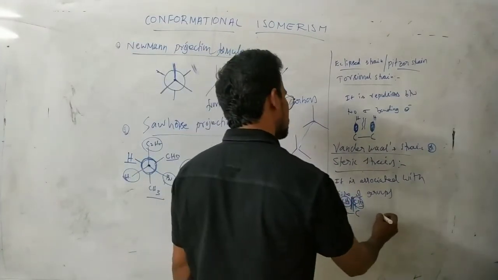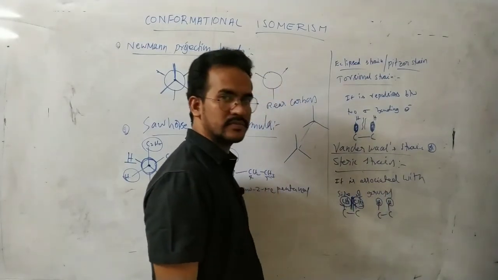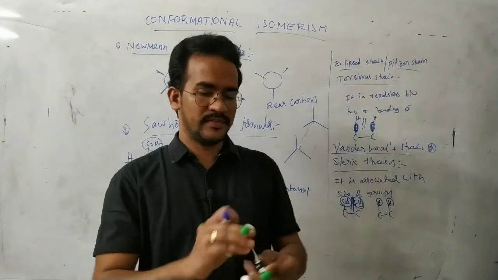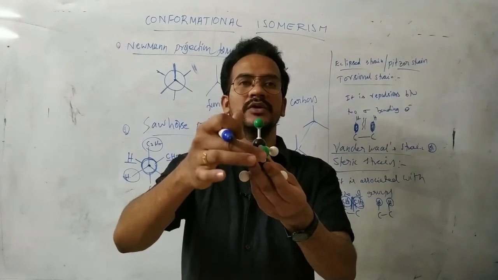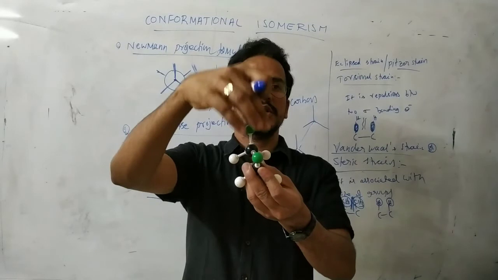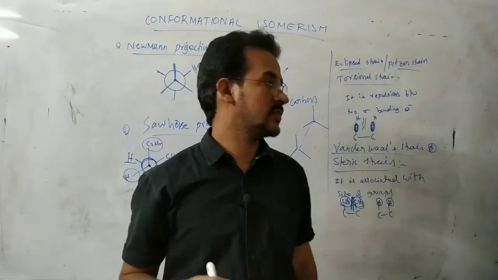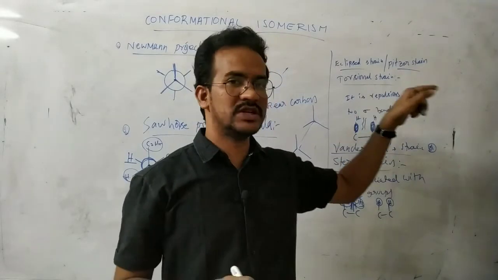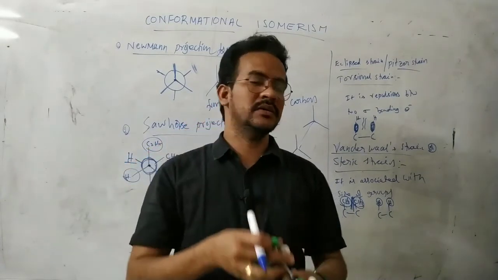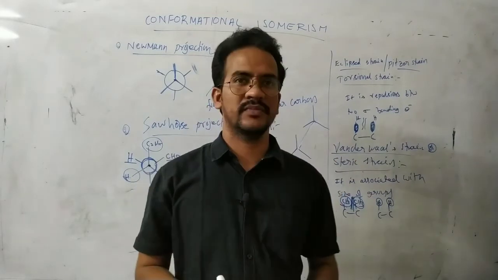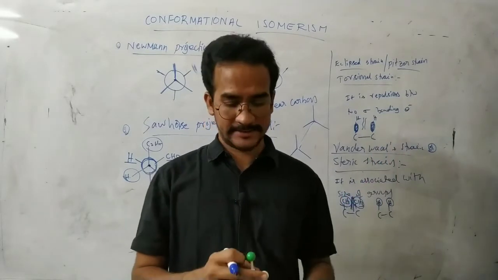That means suppose here CH3, here an H. This is a hydrogen, smaller, less repulsion. But suppose you see in this conformation, here the methyls are very close, so more repulsions. The repulsion between the alkyl groups is a steric strain or van der Waals strain. The repulsion between the sigma electrons, that is a Pitzer strain, torsional strain. The repulsion between the alkyl groups, that is a van der Waals strain. The repulsion between the sigma electrons, that is a Pitzer strain or torsional strain.